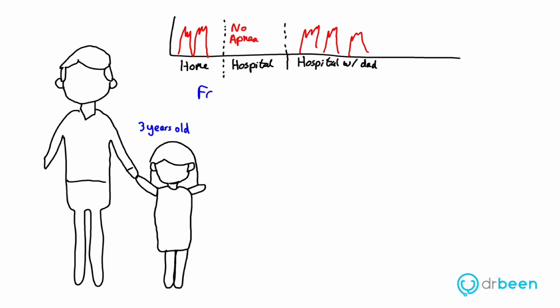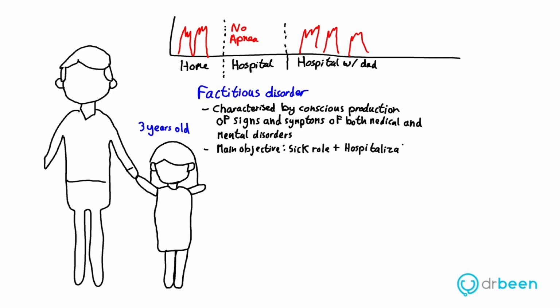This case illustrates factitious disorder. Why? Well, this is a disorder characterized by the conscious production of signs and symptoms of both medical and mental disorders. The main objective is to assume the sick role and eventually hospitalization. It's usually diagnosed with physical or psychological symptoms or both, and it consists of 2 main types: